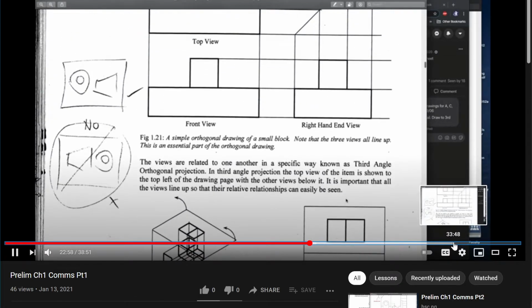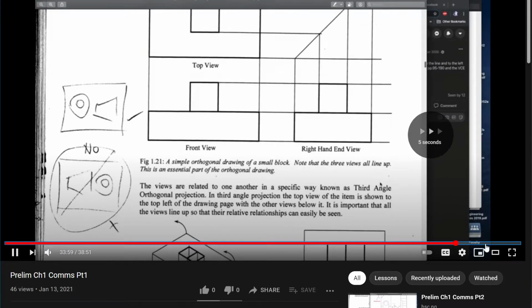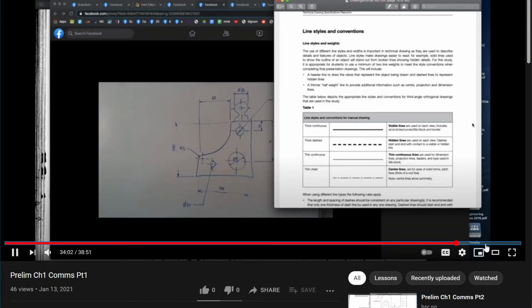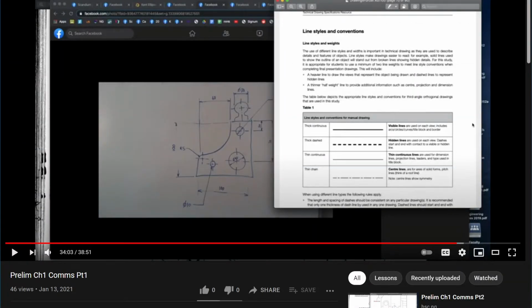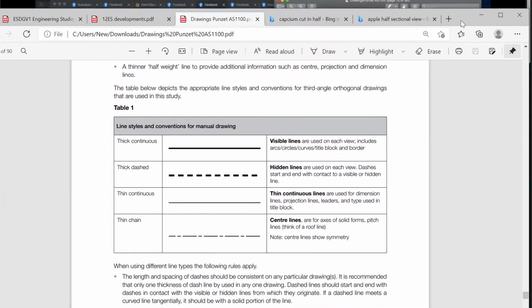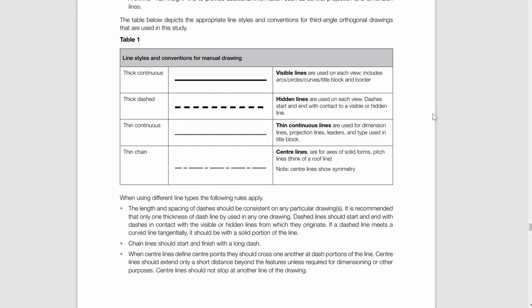Okay. At this point, we're now going to talk about some of the standards that we need to worry about. So we have line types and how we dimension things like circles, right? And for that, we're going to go back to our document. I think that gets us through the rest of this video. So, just with the document I had open. So what we have here